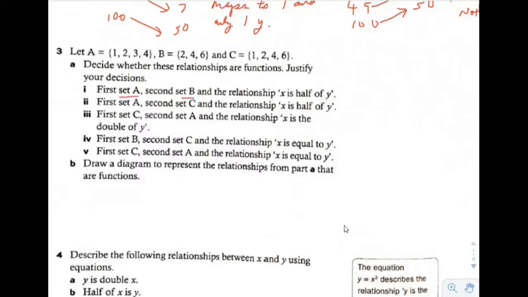Set A and set B. So we're going to say set A is 1, 2, 3, 4. Set B is 2, 4, 6. And it says the relationship is x is half of y. So 1 is half of 2, 2 is half of 4, and 3 is half of 6. Is that a function? No, it's not, because look, 4 is by itself, okay? So not a function,